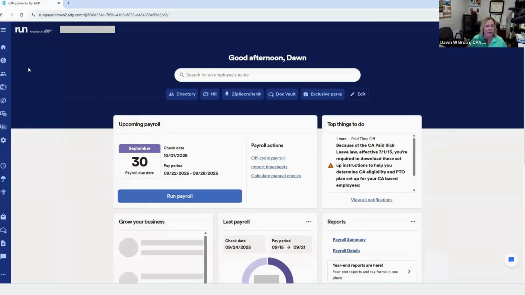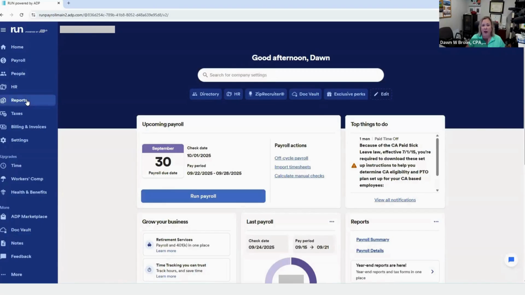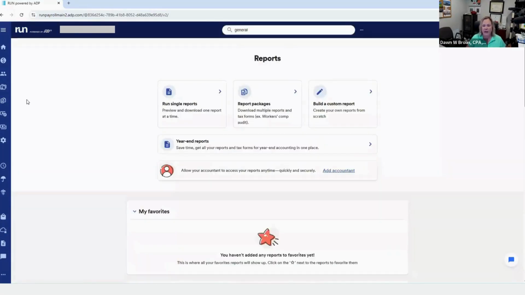And so the other thing that's really nice about the menu bar on the left are reports. And an area that I think is super important are reports for things you may need, year-end reports. You may want to build some kind of a custom report that you want to be able to analyze your employees and how you're paying people and that kind of fun stuff. You can also add your accountant right from this particular view.